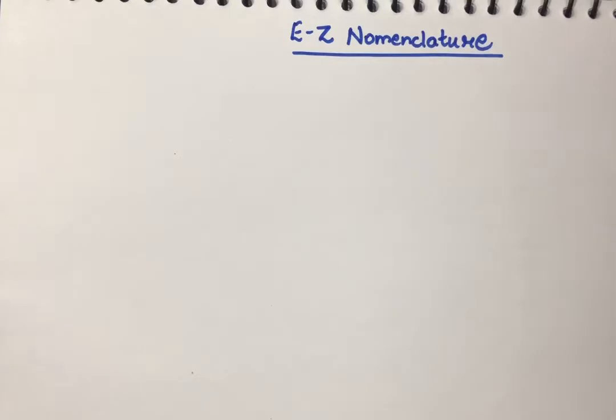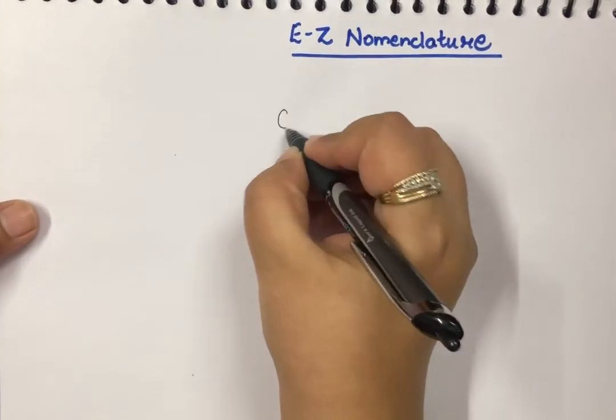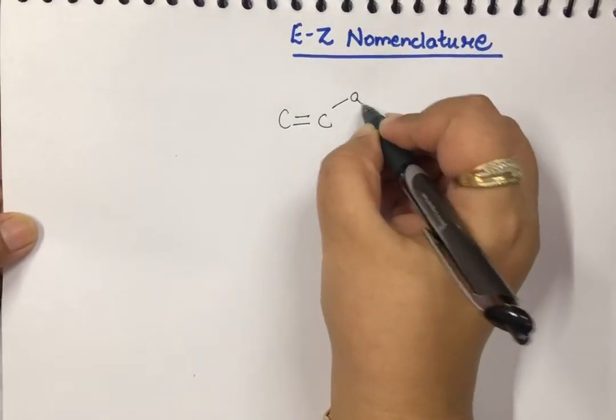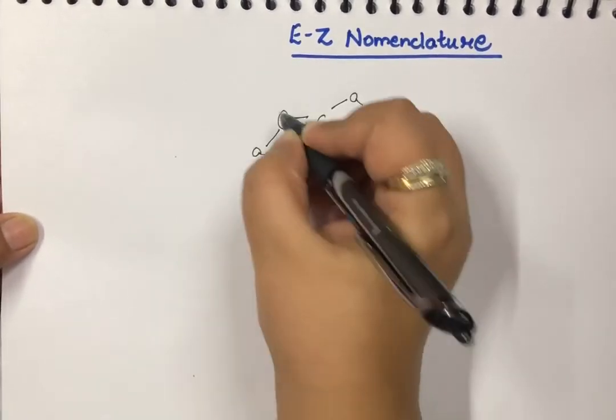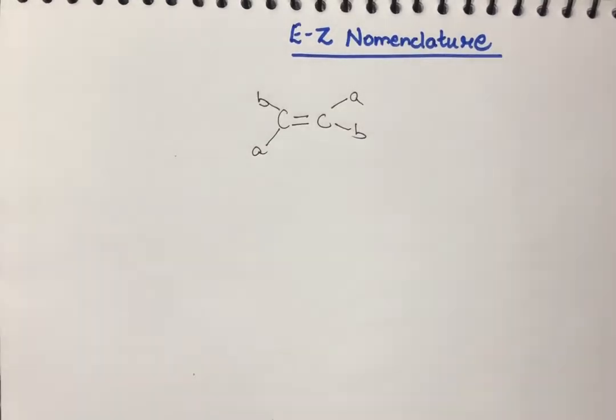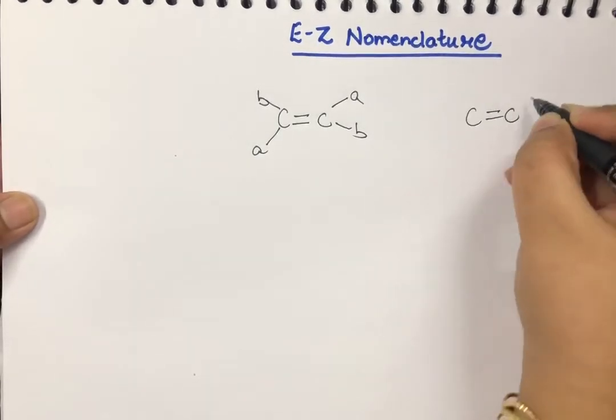Hello students, in this video I'm going to talk about EZ nomenclature. As in the previous video, wherein I was talking about cis and trans isomerism, we clearly talked about compounds like this, wherein there is a carbon-carbon double bond and we were analyzing all the substituents present along with both the carbons here. So if I take two examples like this,